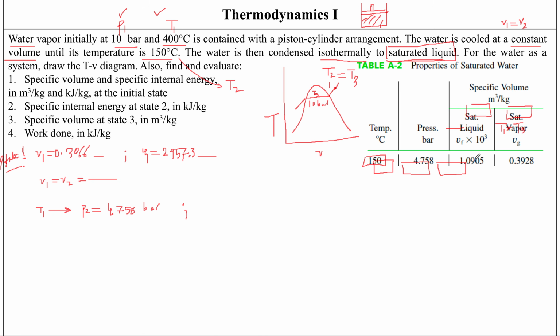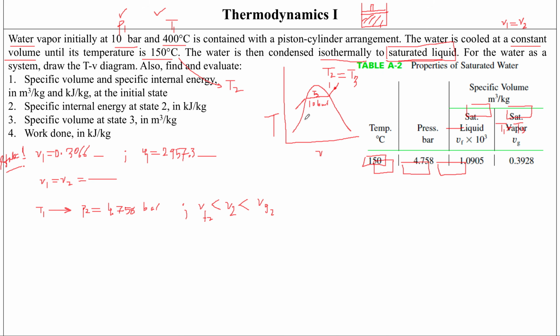That's why I'm choosing this pressure P2, because if the value for v2 is between vg at 2 and vf at 2,